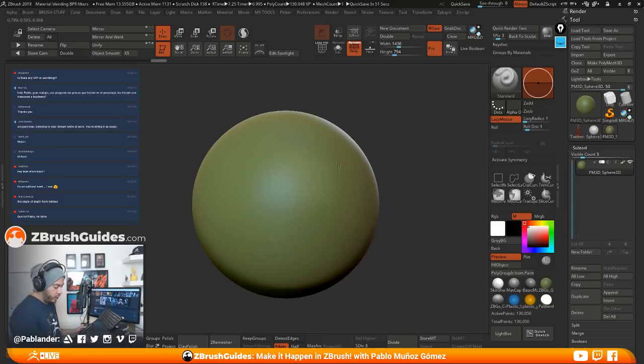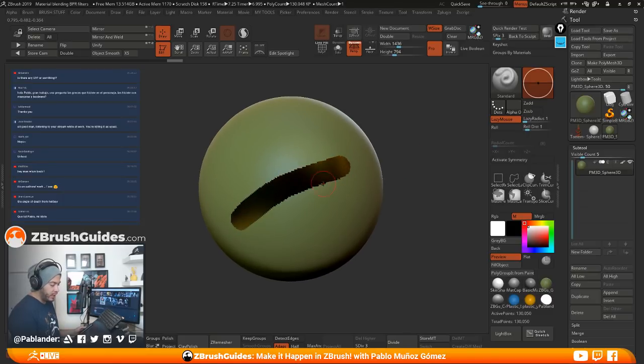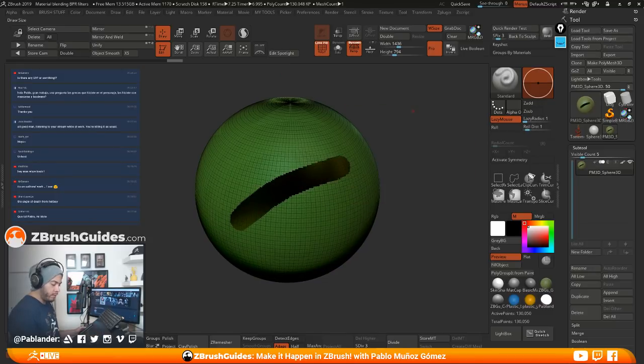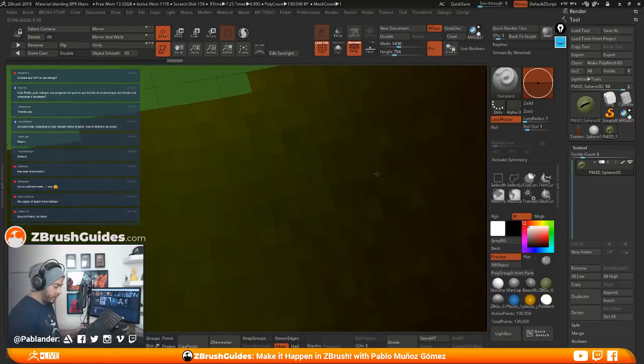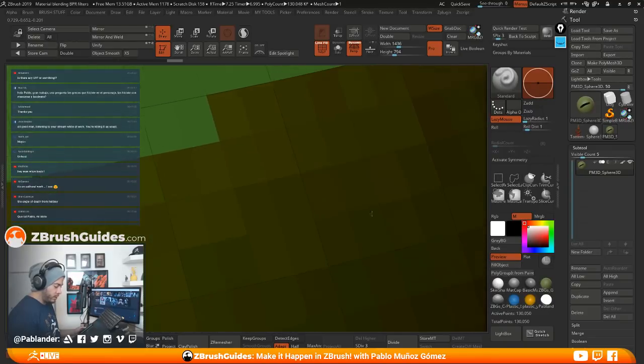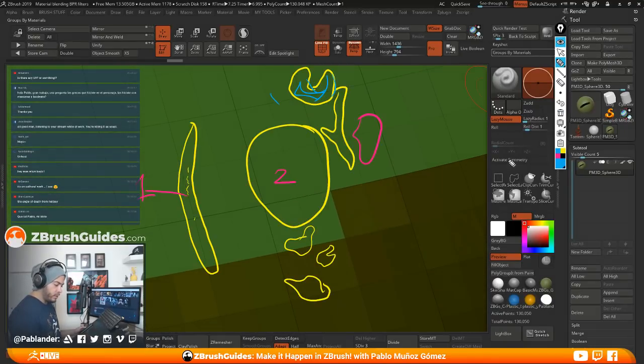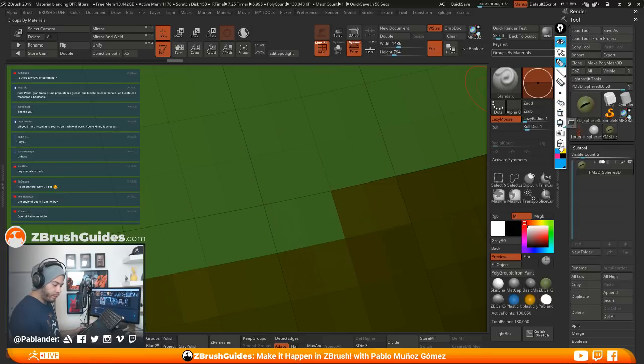So when I do this, it's very, very harsh, right? You can see those are actually polygons if I turn on polyframe. This is a dark material, but hopefully you can see. I'm going to clear this up. So when you paint with material, you'll see that ZBrush basically fills the entire